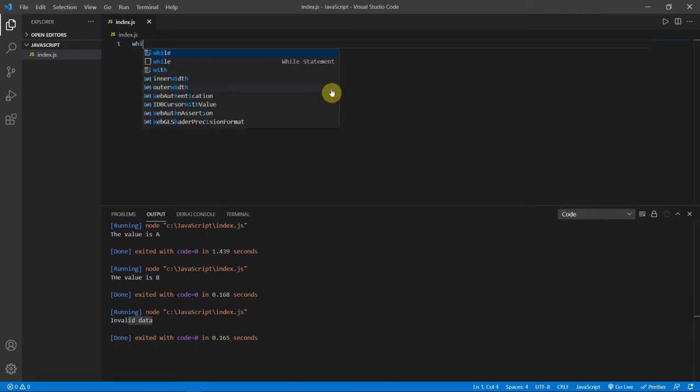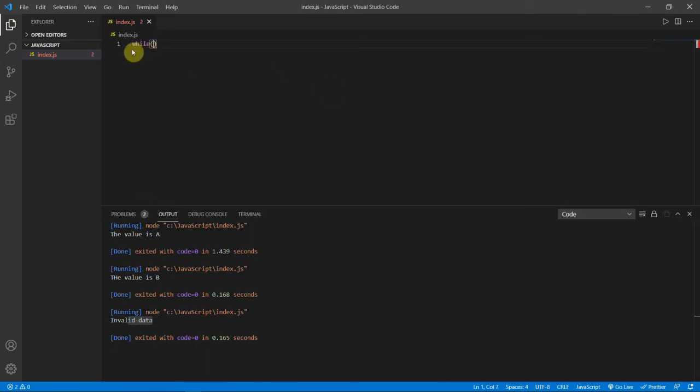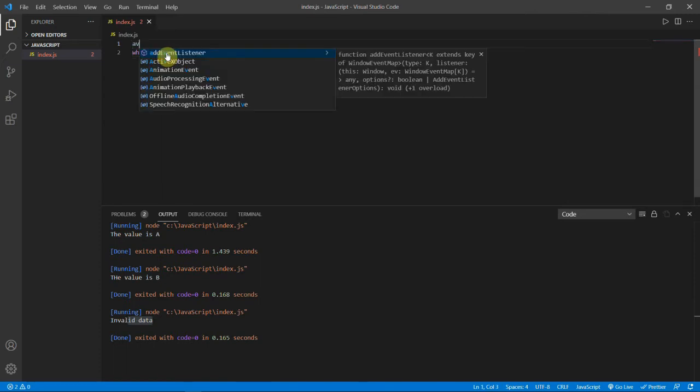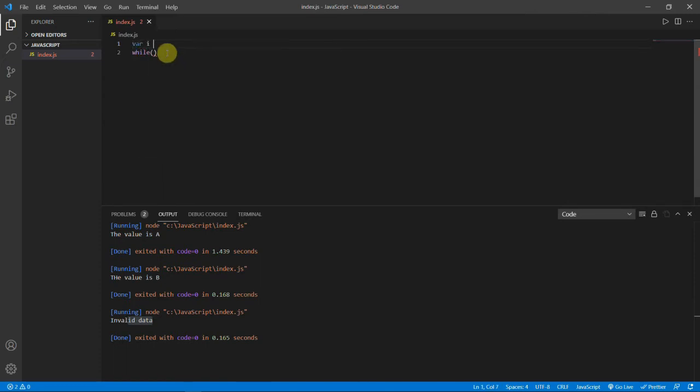Again the same: while, condition, and the statement. Let me write while. I will need a variable again, so let me create a variable where I equal to 0.